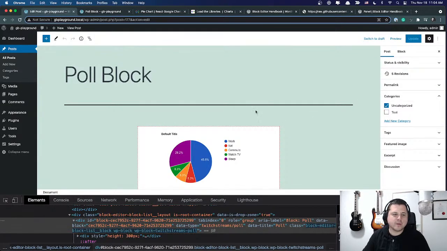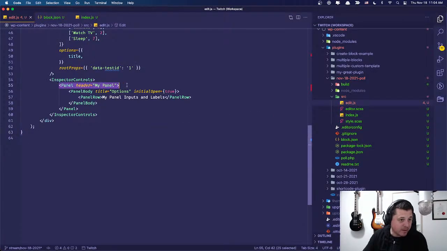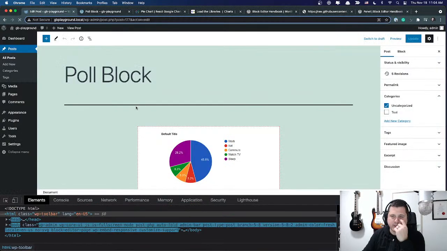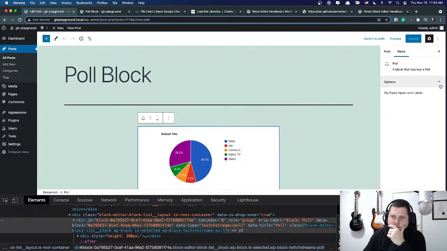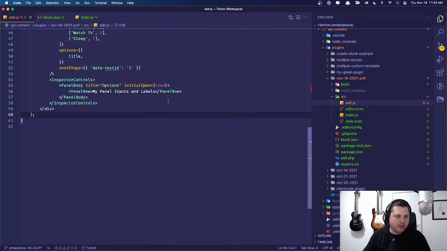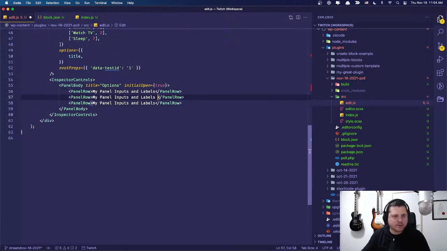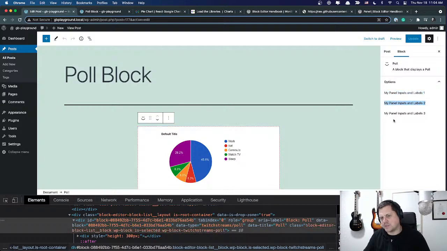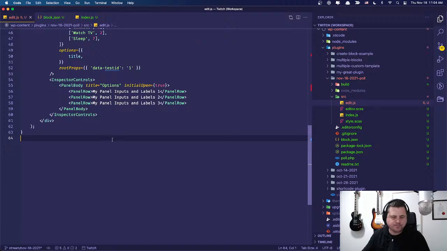So I think what we can do, I'm gonna get rid of panel because I don't think I need that, and I think I'm gonna just see what that looks like because really that's what I want, right? And then this is the poll and this is the options for the poll, and then we can use a couple of rows. I guess we'll just do this. I'm not even sure what this is gonna look like. It might have some delineation in there, which might be kind of neat, but we'll take a look. Yeah, probably just some spacing, I would imagine. So these are the options. So the first option,